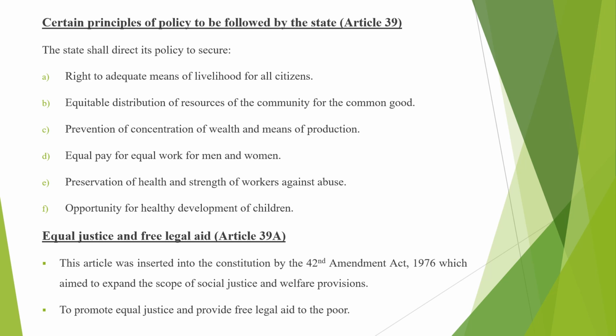Third clause says prevention of concentration of wealth and means of production. This means wealth and control over important resources like factories and land should not be held by only a few rich people or companies. This prevents a small group from having too much power and influence over others and helps